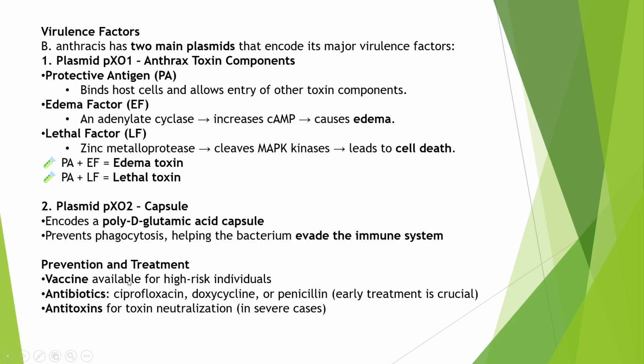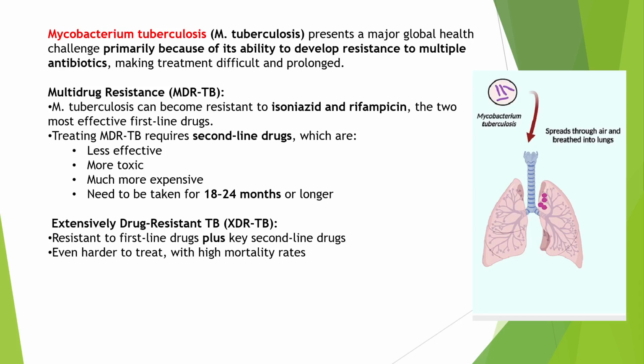Then prevention and treatment: vaccination. So vaccines are available for high-risk individuals, and antibiotics like ciprofloxacin, doxycycline or penicillin are used as early treatment, and antitoxins for toxin neutralization are given in severe cases. So: vaccine, antibiotics, antitoxins. Then, particularly about Mycobacterium tuberculosis, why it has to be studied so much is